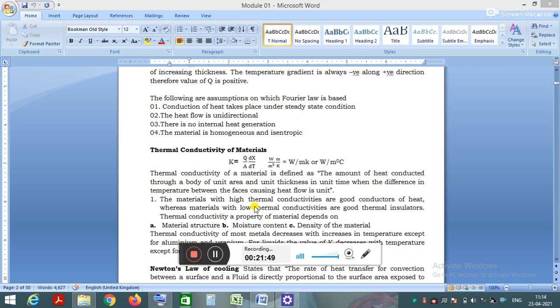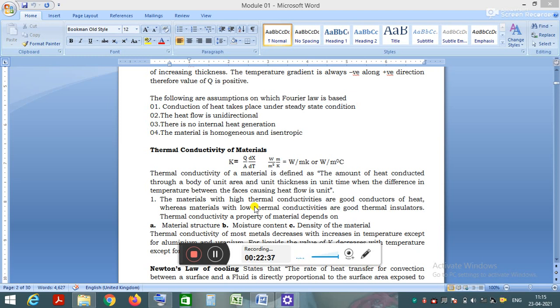Thermal conductivity of a material is defined as the amount of heat which is conducted through a body, because it is applicable for conduction. It is the amount of heat which is transferred through a solid body having unit area and unit thickness